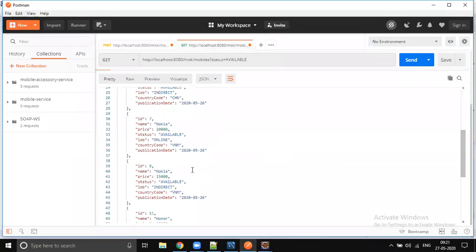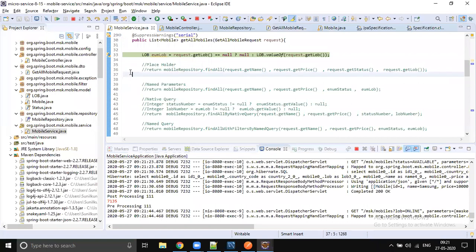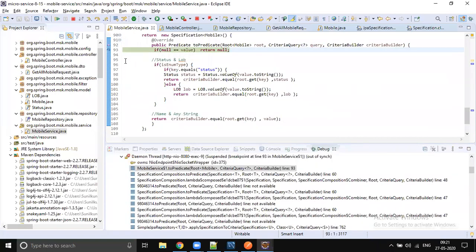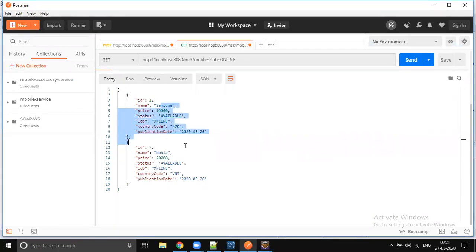Now you see all available data coming, right? So let's check one LOB with online. Okay. Yes, you see. Now you see only online mobiles, right?